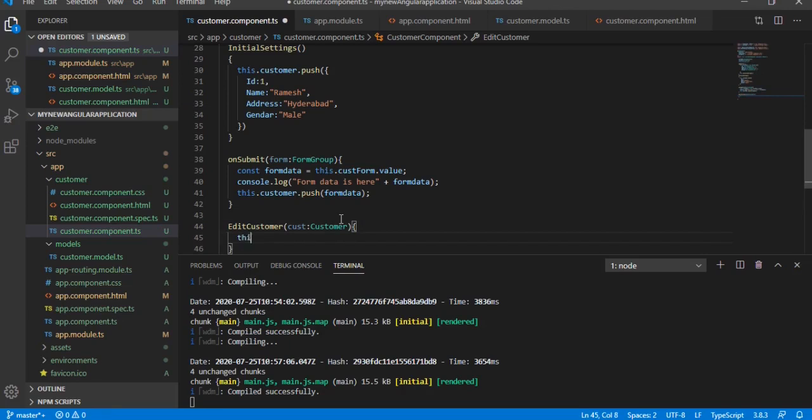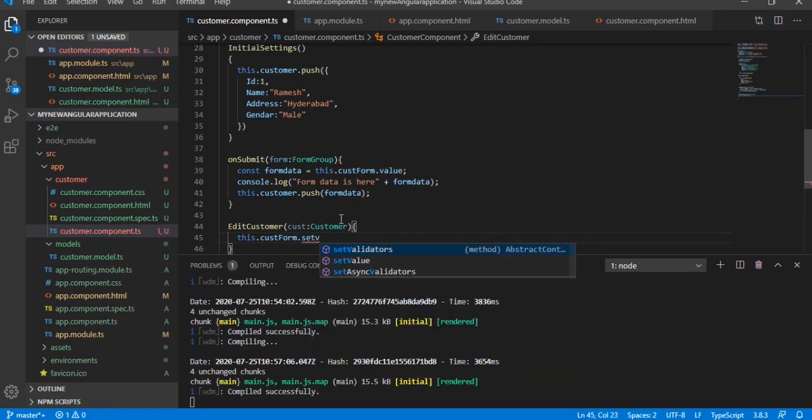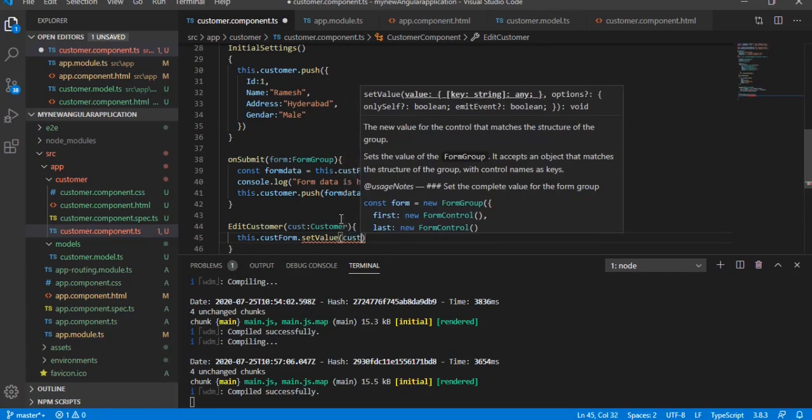For that, this dot form, this form group, cust dot set value. We are going to set the values of this first object.